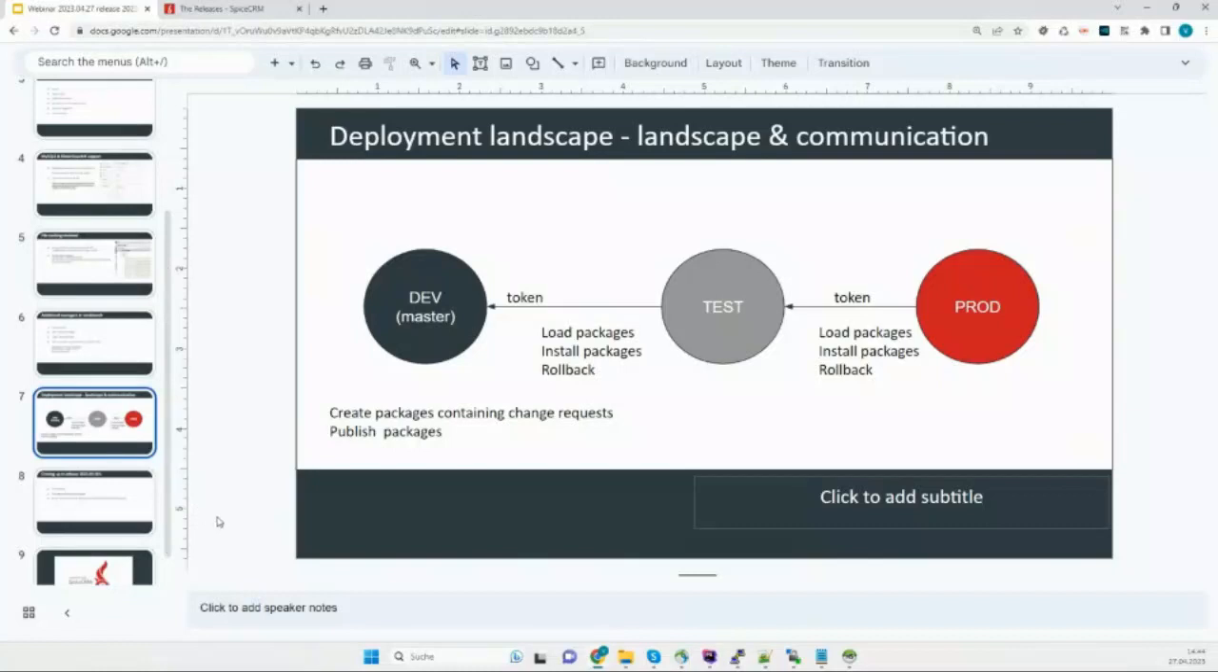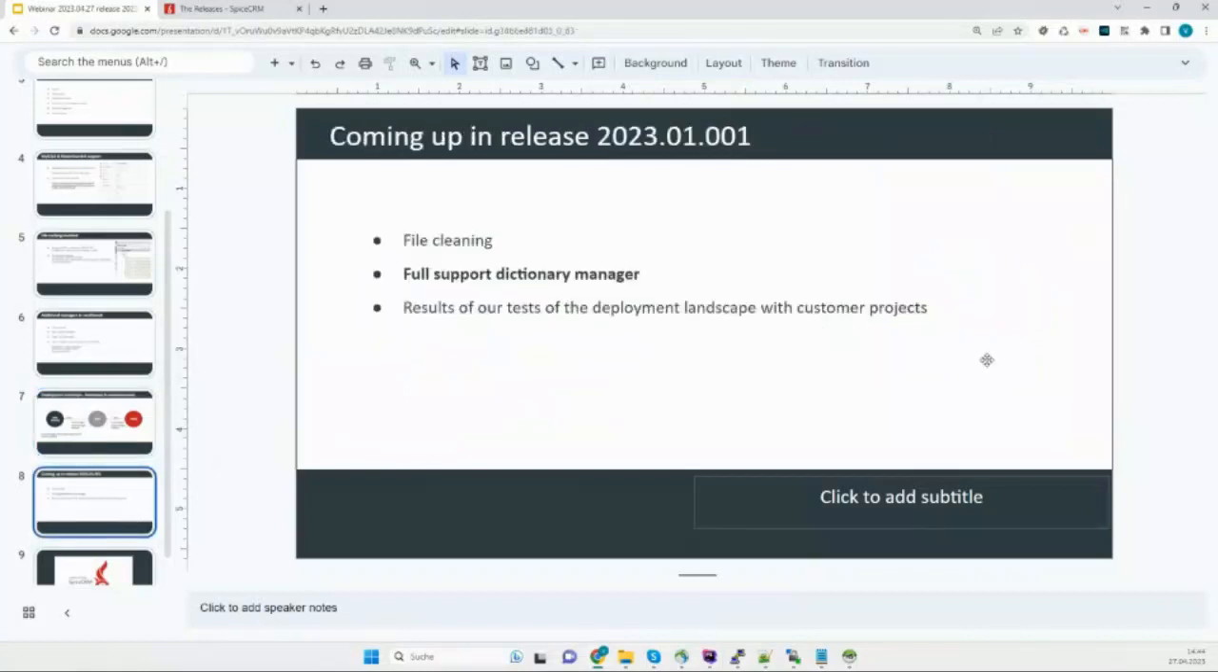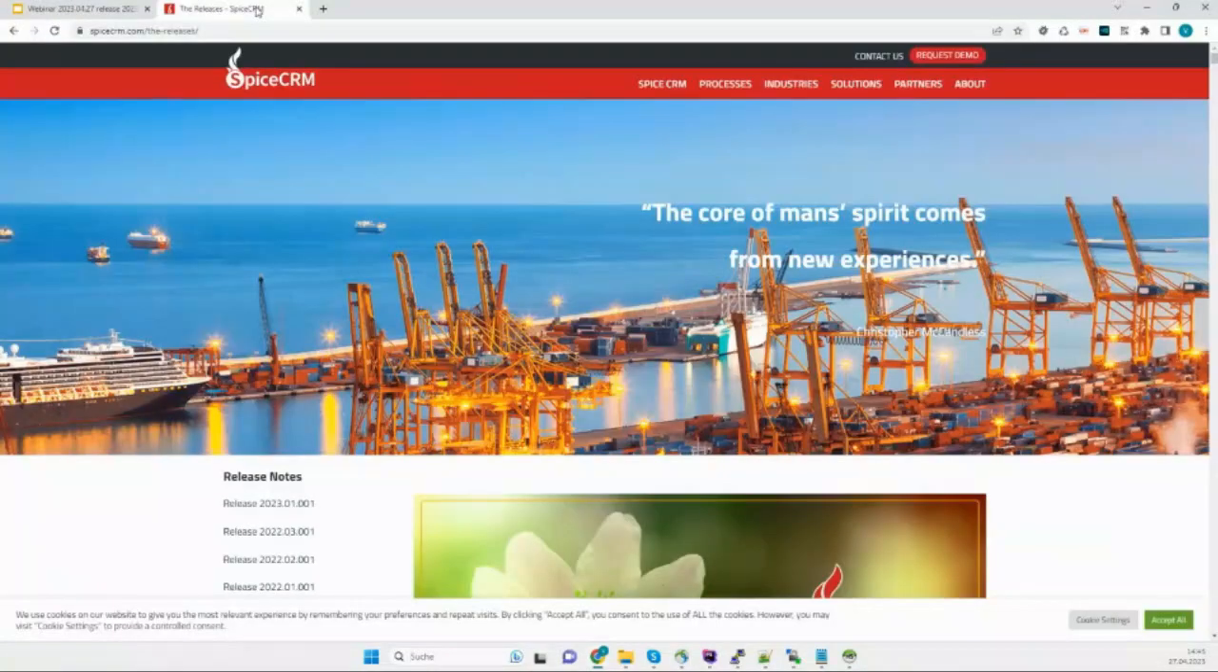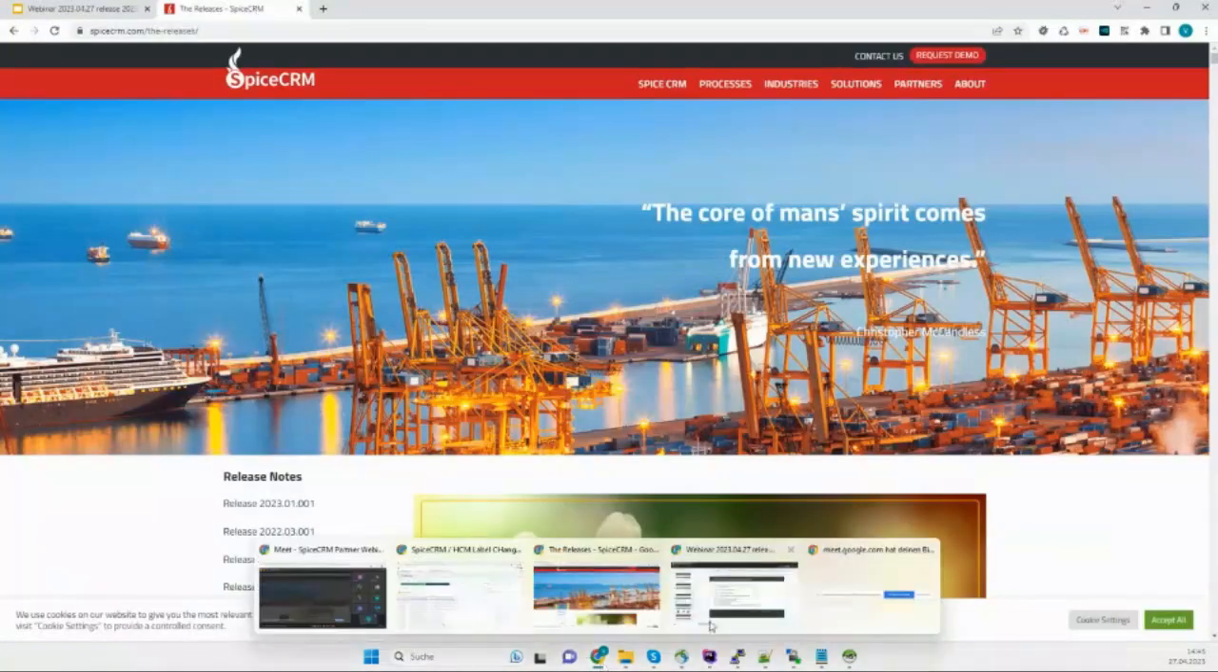Okay. So we've talked about what's new in this release, and just to give you a little look at the future, we'll make a little correction here. For the next release, what we want to bring out is full support for the dictionary manager. So meaning all the interface